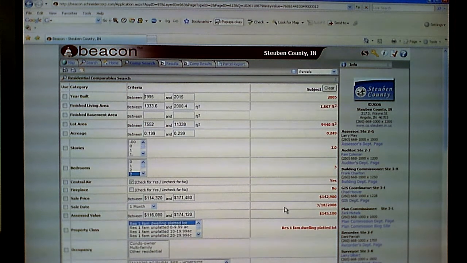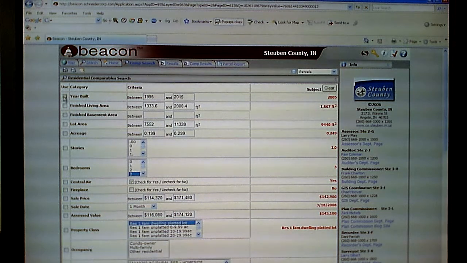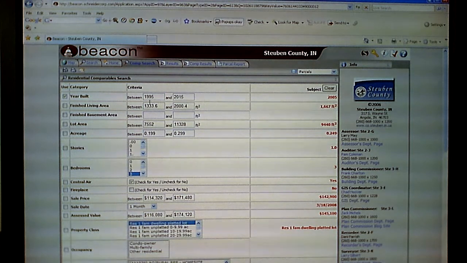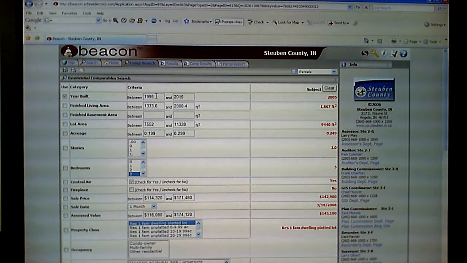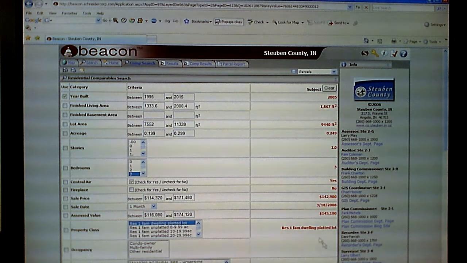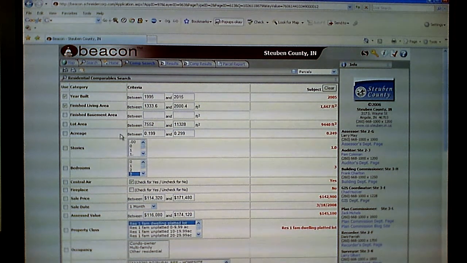Here is the information available for our property in red on the right. If we want to use that specific information, we need to check the box on the left. In this instance, we'll use the year built as a comparison, and if we would like to change these dates, we can change those to match our criteria. I'm going to leave these alone. We can also look at the finished space, the acreage, stories, the number of bedrooms,